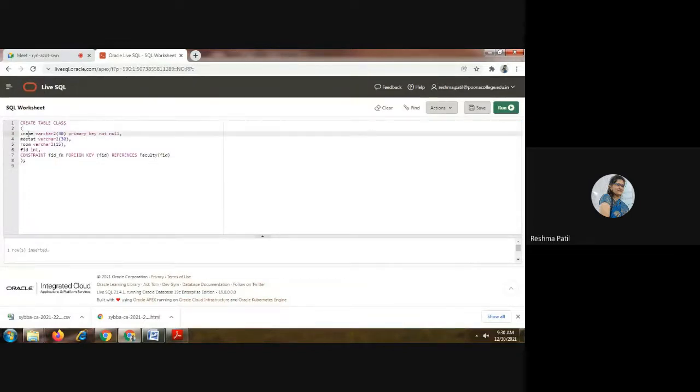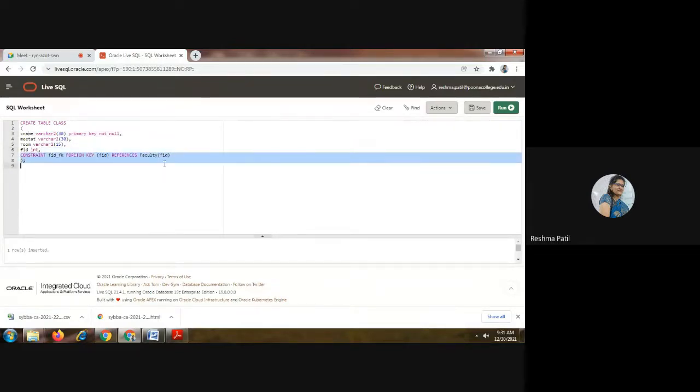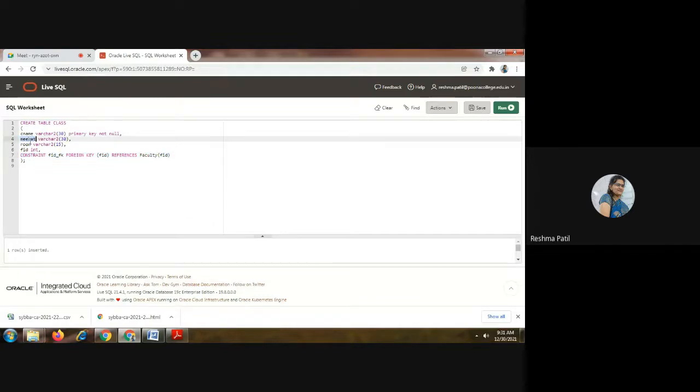First is the CNAME, that is the primary key for this class table. So varchar 30 primary key not null is written here. Meet at varchar 30, room varchar 15, FID integer, and here is the constraint for the foreign key. I didn't understand about this, but I have written varchar 2.